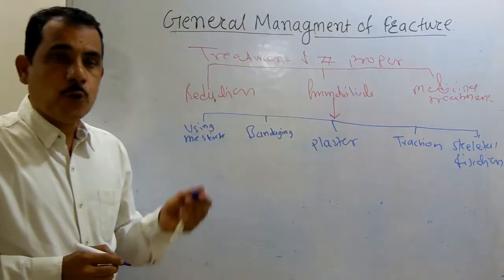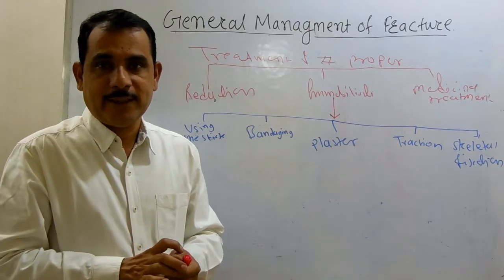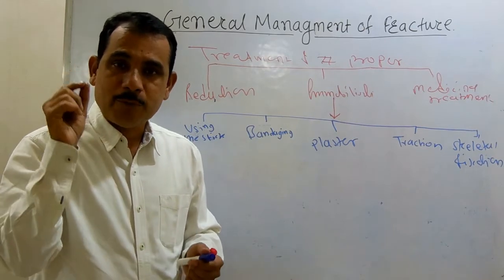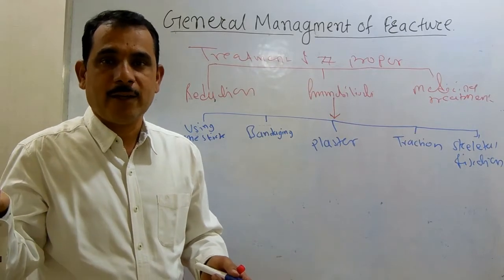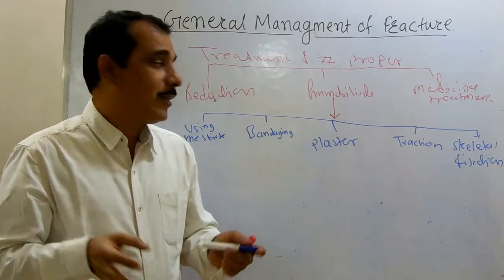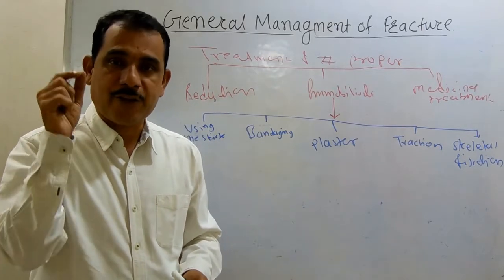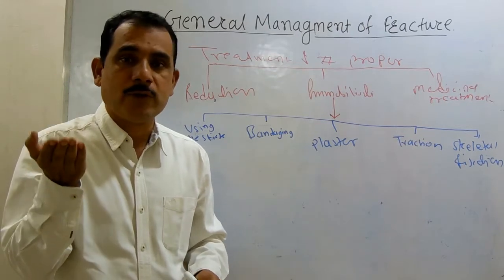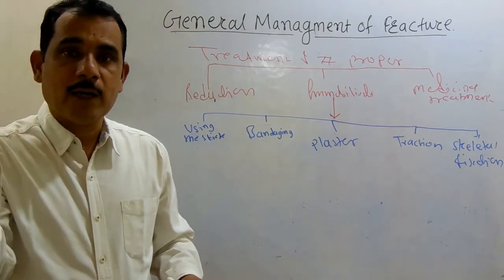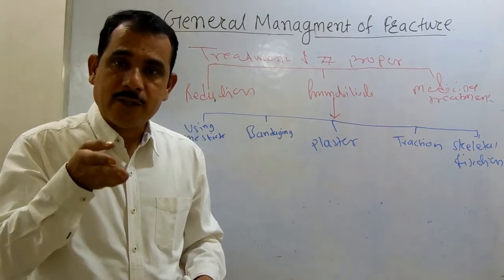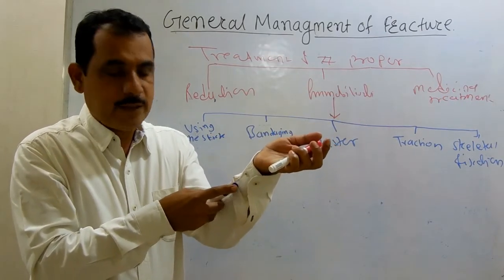The first one, using the sticks. This method you will not get in the books. This is an old method. But you have to remember, if the patient is on the roadside or in an area where a hospital is not close, and bandage and plaster are not available, we still have to immobilize the fracture. This is by using the stick. In old days, after the fracture, after reduction, they used sticks around the fractured bone. Isn't it? Are you getting it?